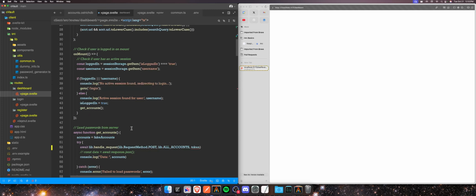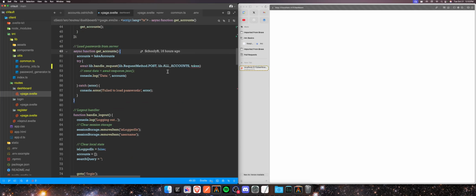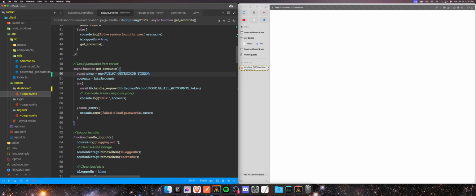Get accounts. What are the errors that we got? So there's one, and then oh yeah, token get accounts. Okay. Put that down here. Request token accounts data is equal to